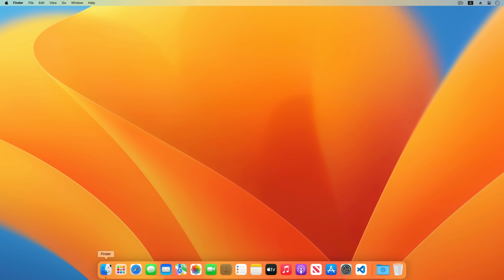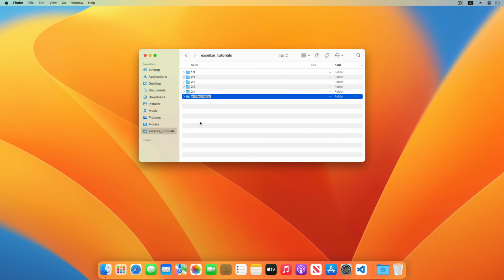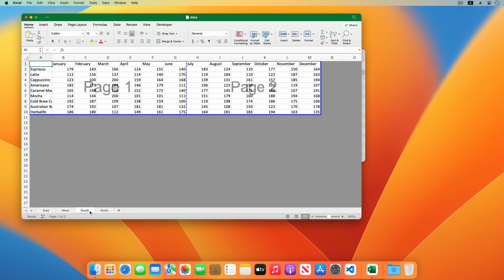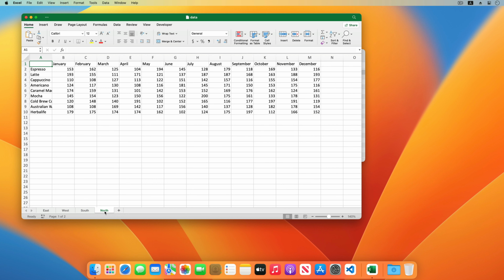Create a directory named 2.file in the tutorial directory and put the prepared workbook which contains source data in this directory. Open the source data workbook. And let's take a look. There are 4 worksheets in the workbook. They are the annual sales of each can of coffee.